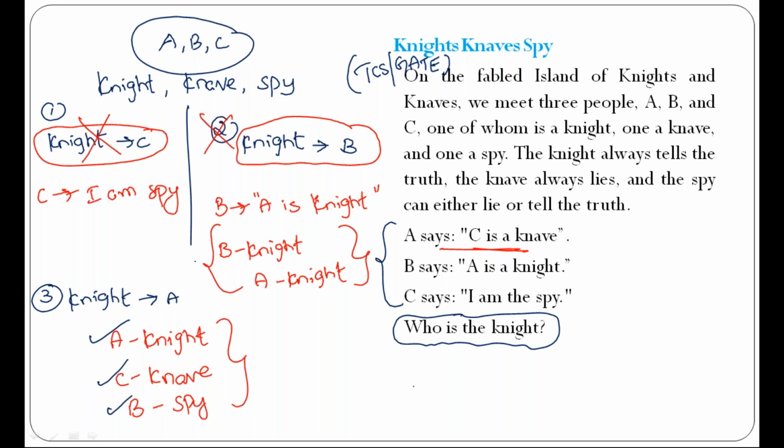Okay. This is like puzzles where you should think night, navy, spy. Night, who is speaking, is always true, whereas spy is either true or false. Navy is always false. So among these three statements, we should decide who is night, who is navy, who is spy. Excellent, friends. If you understand this, you can appreciate yourself, because this is a bit tricky question where